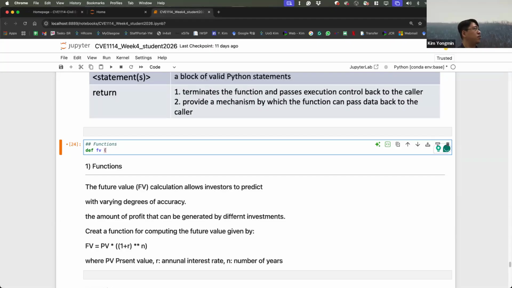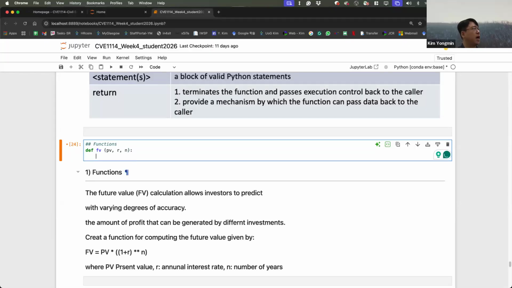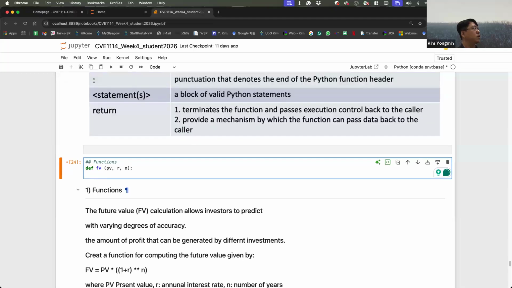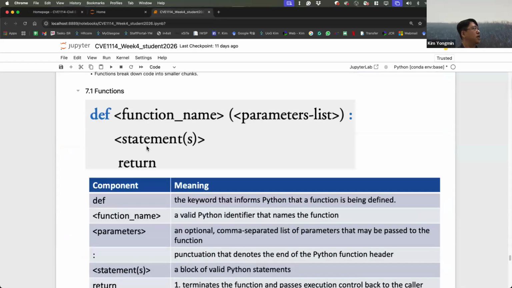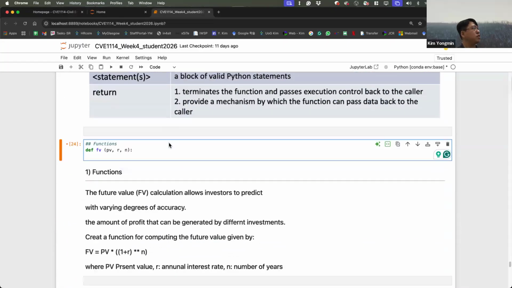This future value takes three variables, PV, R, N, and a colon. Then I will put statements. I just define the function name, I just list my parameters, actually arguments, and then I put statements.